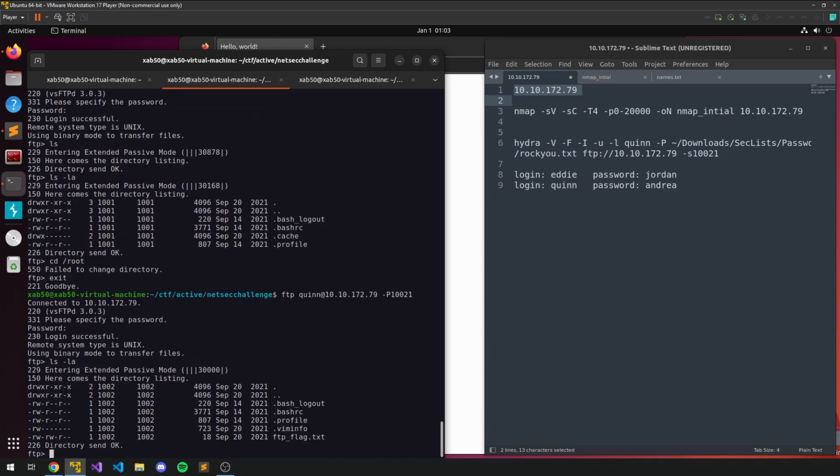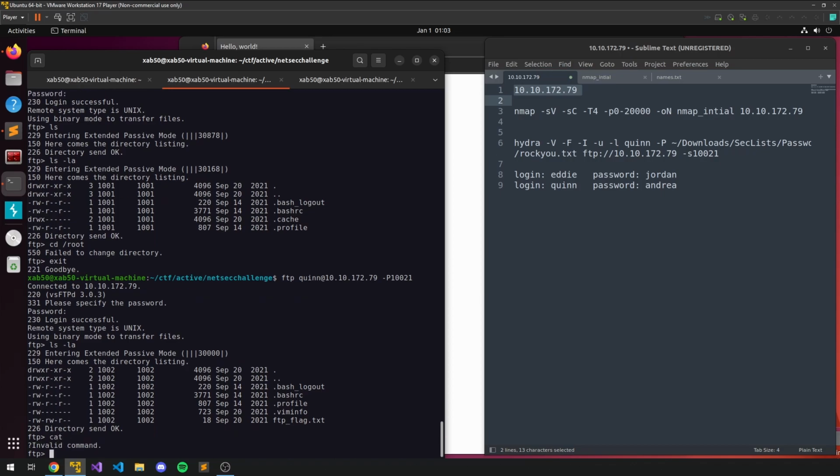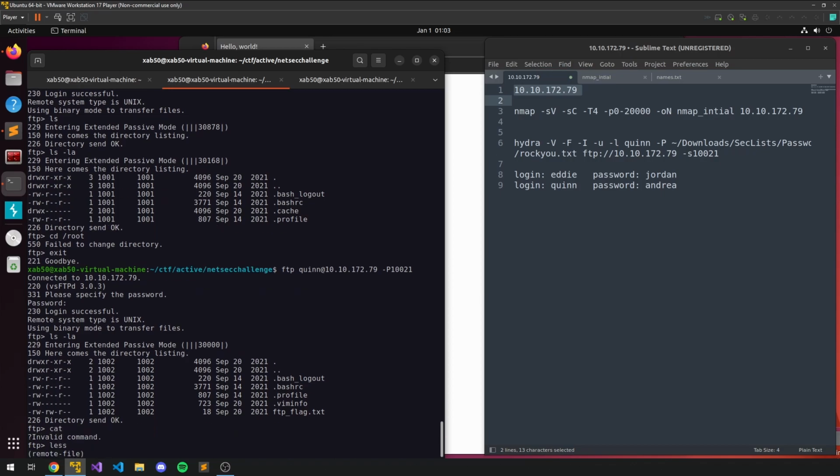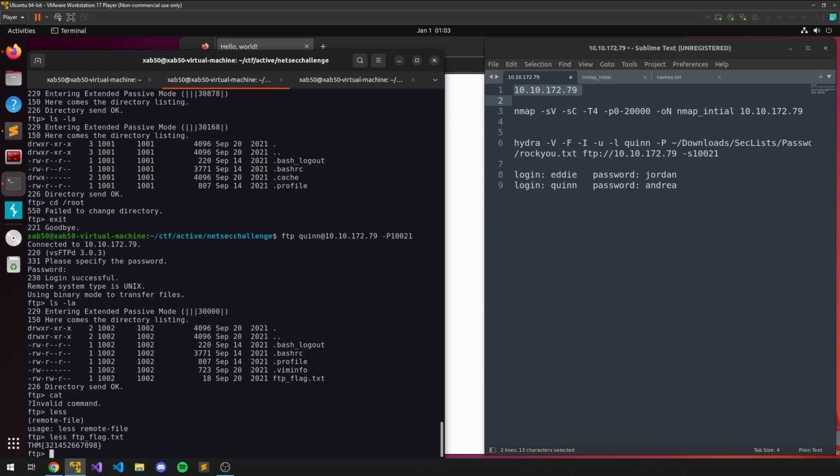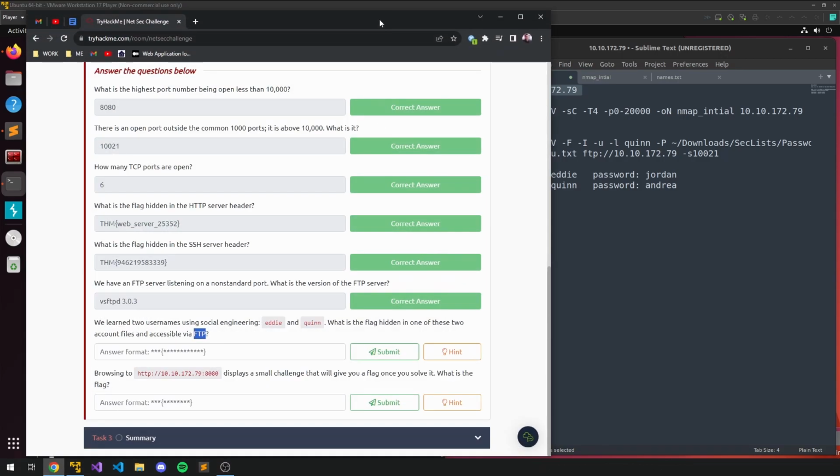Let's ls -la here. Okay, FTP flag there. Awesome. I don't think cat is, no, or less. Oh, it is. Less is. Cool. less ftp_flag.txt. And there it is. We have this flag, which, of course, I cannot copy because